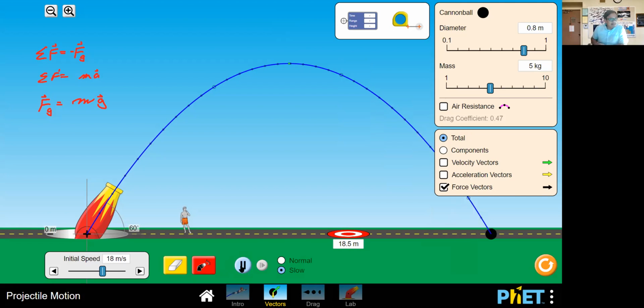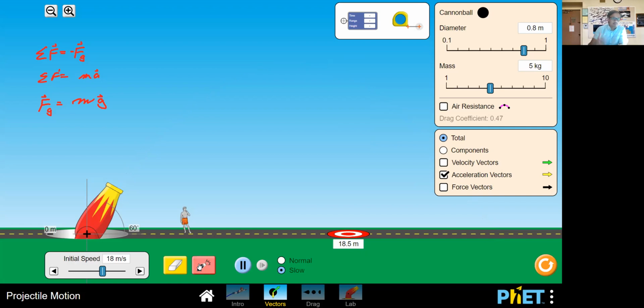So the idea that I want to get across to you here, and what I've been trying to get across to you, is that if we ignore air resistance, the only force that we have acting on it is gravity. And gravity is always downward. So let's take a look at the acceleration vector. If that is true, let me go ahead and clear that up. If we take a look at this, we expect that all along that same pathway, the only acceleration